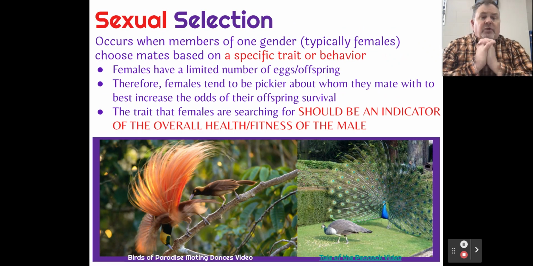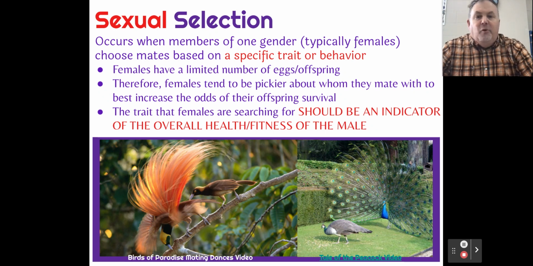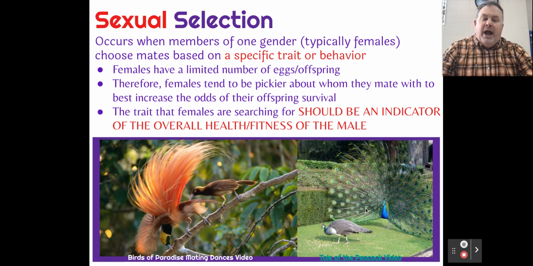All right, and the last of the patterns that I just wanted to bring out today is something called sexual selection. Sexual selection occurs when members of one gender, usually females, choose a mate based on specific traits or behaviors. Birds display this really easily to see. You can see the plumage of the flamingo and how the male has these elaborate feathers and eye spots versus the female. I wouldn't say she is drab, but she is certainly indicating that she doesn't have the dramatic structures